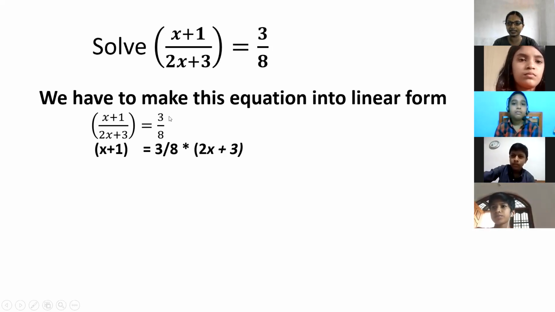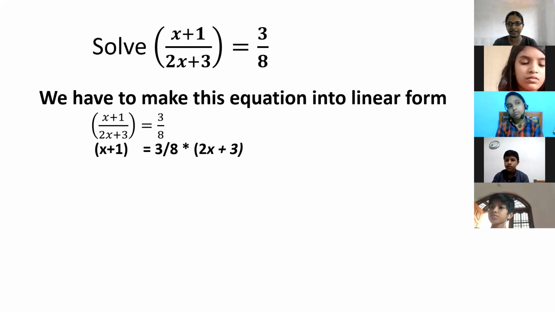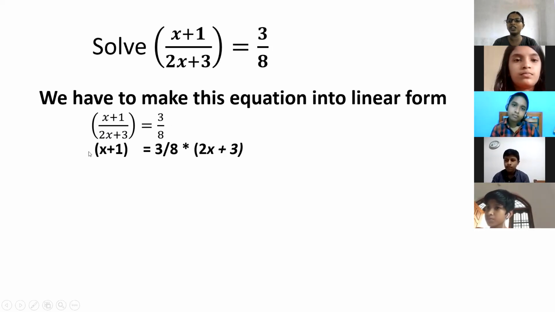It is 3 by 8. On the right hand side, 3 by 8 is the rational number. As we have done in the case of 2x plus 3, how will you move this denominator 8 into LHS? What happens when we move this denominator 8 into LHS? 8 is the denominator and it is division. When we move it to LHS, it again becomes multiplication, as we have done in the same case of 2x plus 3.